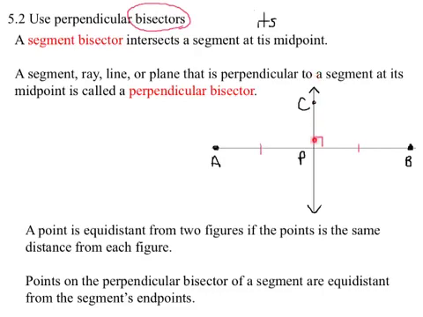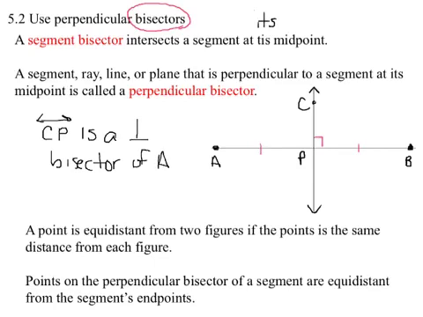These two pieces are equal. So line C is a perpendicular bisector. We're actually going to call it CP because there's a P there too. CP is a perpendicular bisector